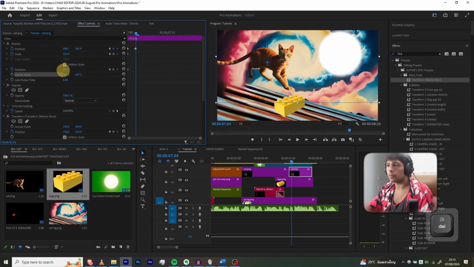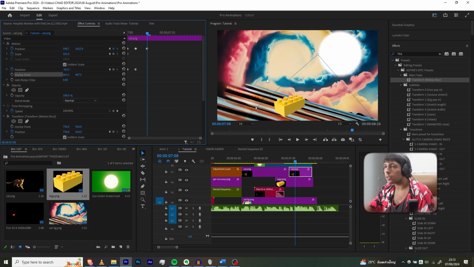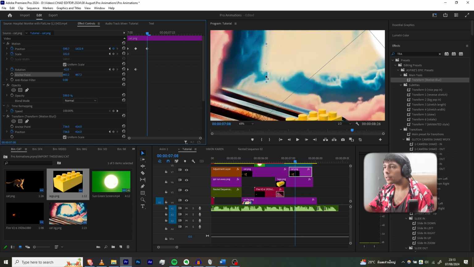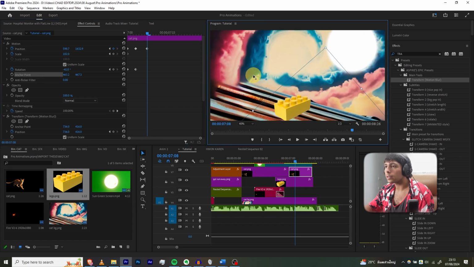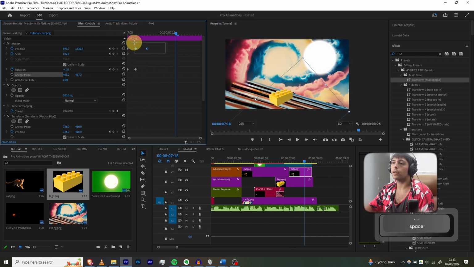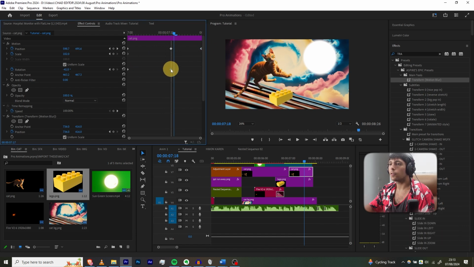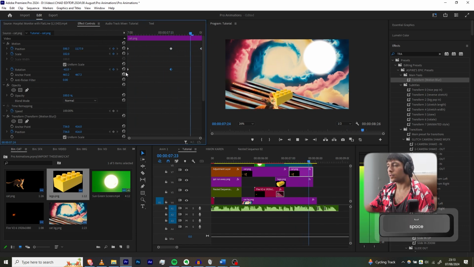And then make him turn like this, pull, and then we're going to wait a bit, and then make the cat go down. I'm also just going to wait so you can see this thing, drag this like this, and if you play it, okay, that's too fast. I'm just going to make this a bit slower, maybe make him go down here, rotate to here. So if you play it,